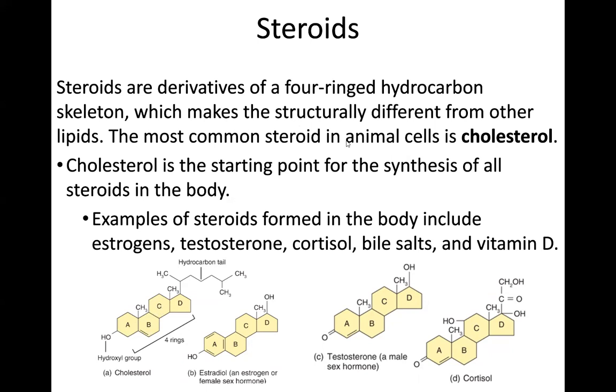Most common steroid in animal cells, we are an animal, would be letter A here, cholesterol. In fact, we use that cholesterol molecule as the starting point for synthesizing any of the other steroids in the body, including a very important hormone in women, estrogen, testosterone, very important male sex hormone, cortisol, a hormone that helps us